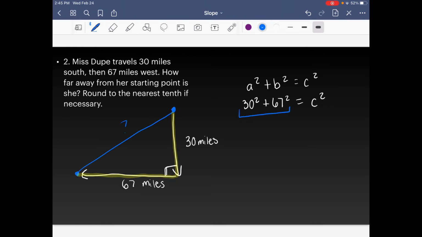Plug 30 squared plus 67 squared in your calculator, and you get 5,389 equals C squared. Next, we need to get rid of this squared sign off of C. So we're going to take the square root of both sides. So we hit our second x squared, second negative sign, and we get